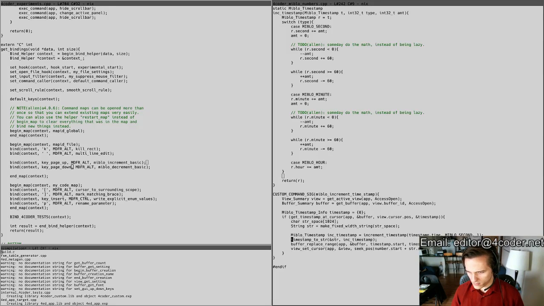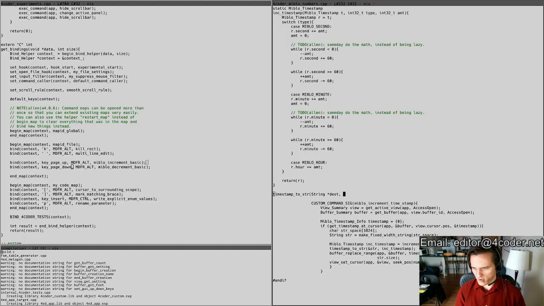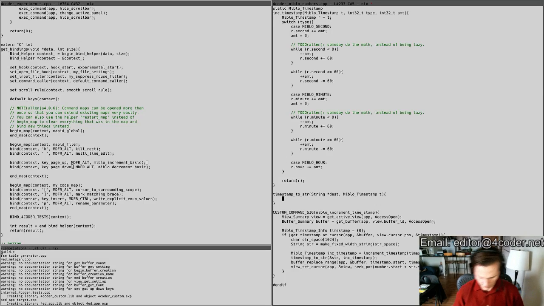And then we need the ability to turn the timestamp into a string. So timestamp to str. Here's a string dest. Here's the Miblo timestamp, call it T. Alright, so now the rules are: first of all, we always do 2 digits of the seconds, but before that we want to figure out, okay, so we need